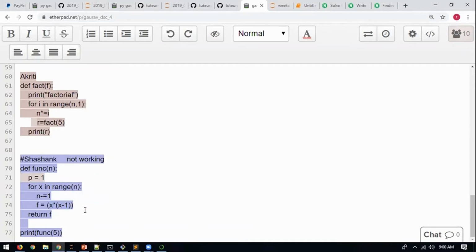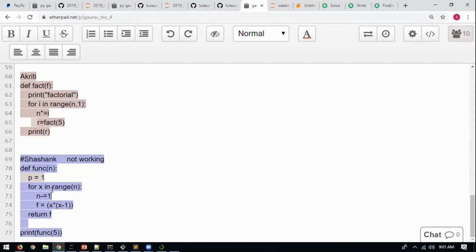I don't understand why you have done n equals n minus 1. Actually, the names are all present. I was thinking it would give a name error for x, but this x is present in the for loop, so it won't. What it is doing is f equal to x star x minus 1.